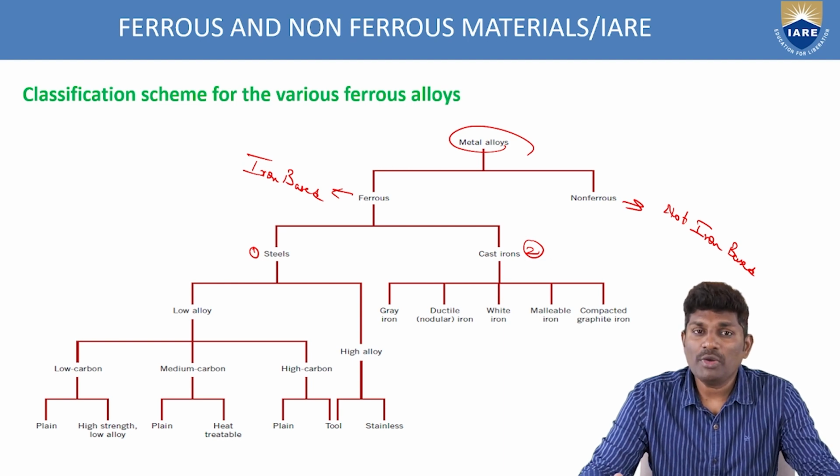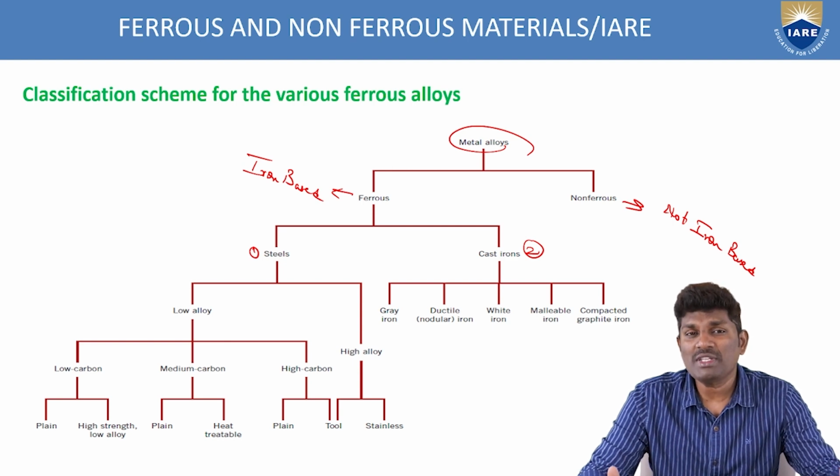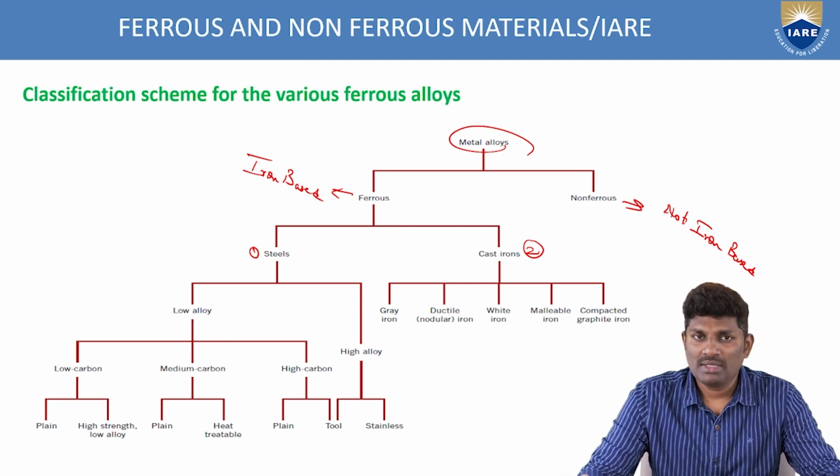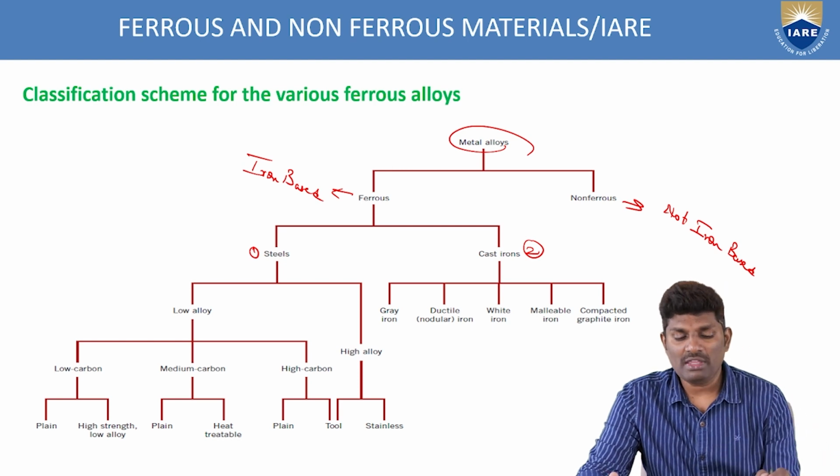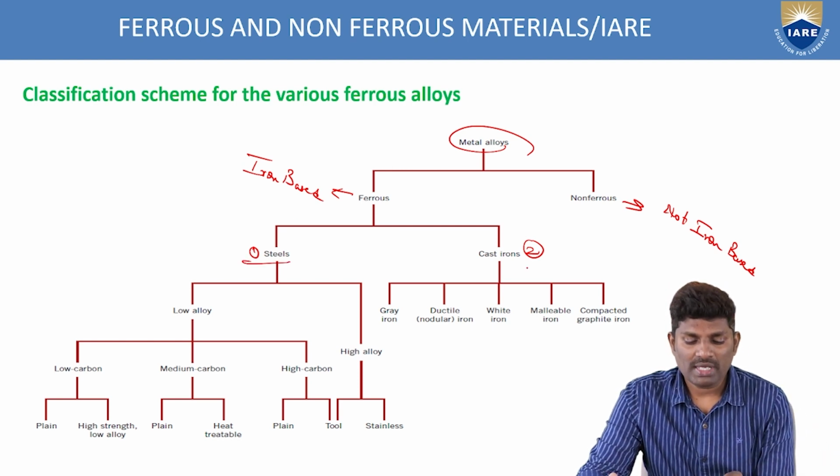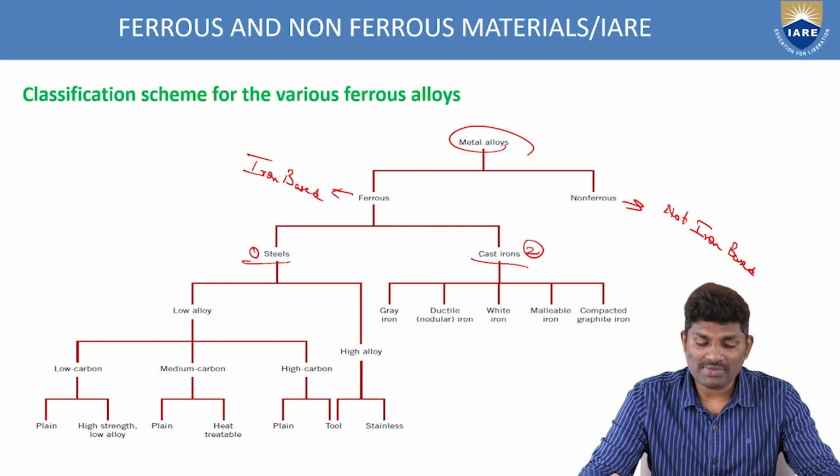At the same time, hypoeutectoid cast iron or hypereutectic cast iron. So how are we getting all this information? With the help of the phase diagram. Now, these classifications of the ferrous materials we can classify into steels as well as cast irons